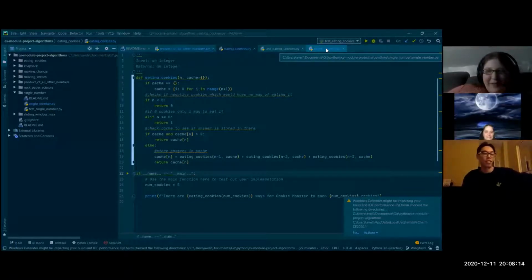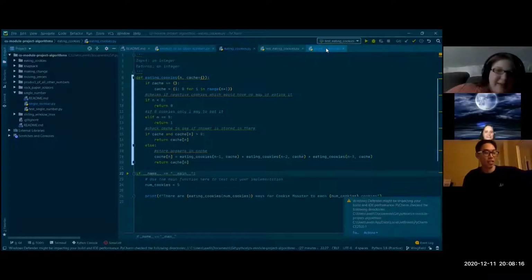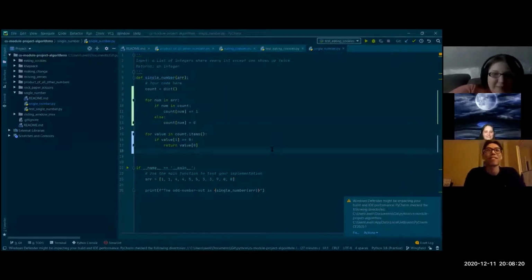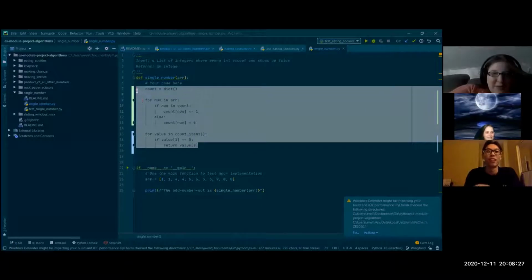We are here having a pizza party and doing some code, like everyone should be on a Friday night. Yay. All right, so we actually came up with a better solution last night, but